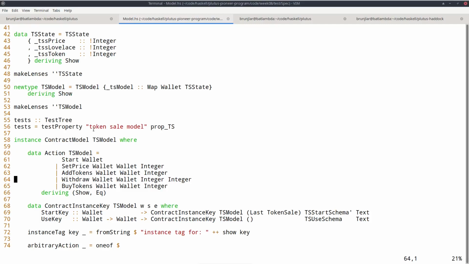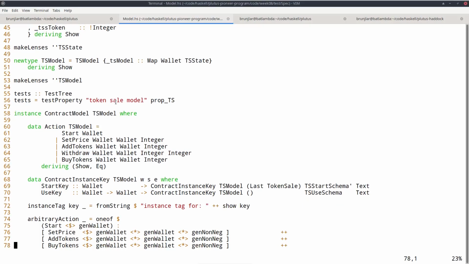And now all the logic is in the instance of the type class ContractModel for this type. So here we provide how our model should behave and how it is linked to the actual contract. So first we have a so-called associated data type. That's quite an advanced Haskell feature.